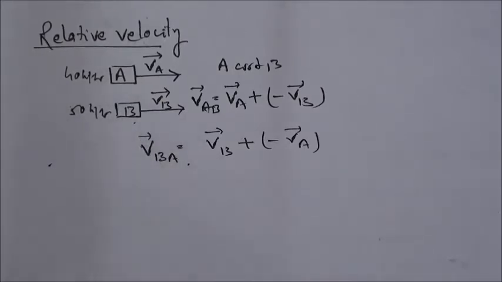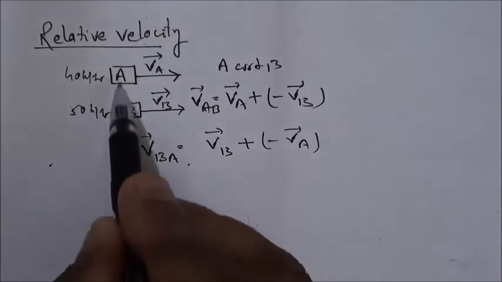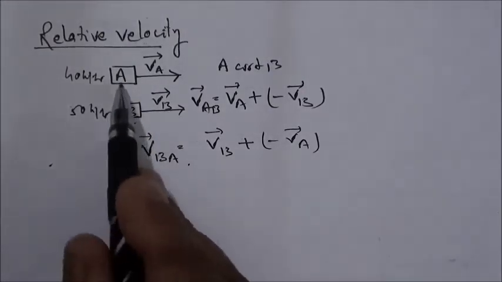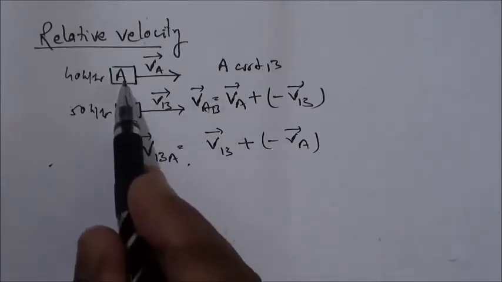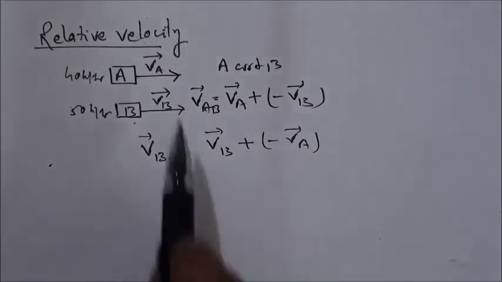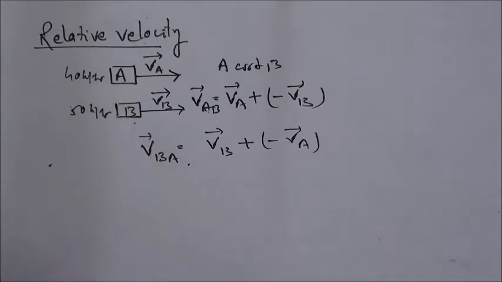Because another way of looking at the situation, what is the rate at which the distance between them is changing? It is 10 km per hour. This is moving forward with respect to this 10 km more in 1 hour. So the speed of this is 10 km per hour with respect to this.